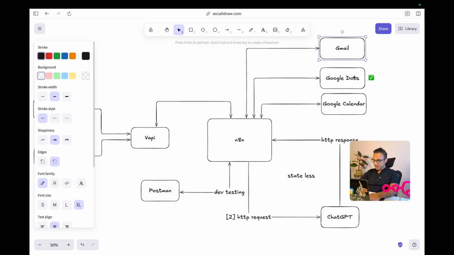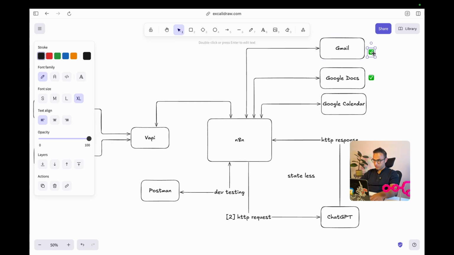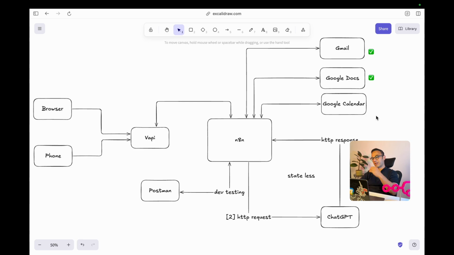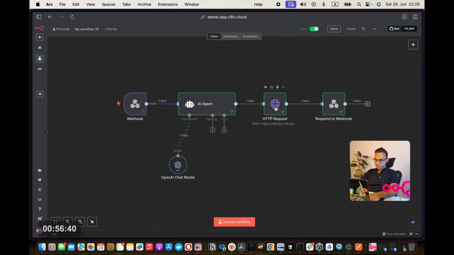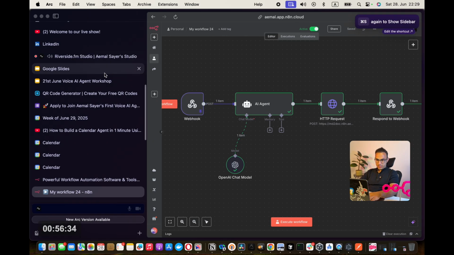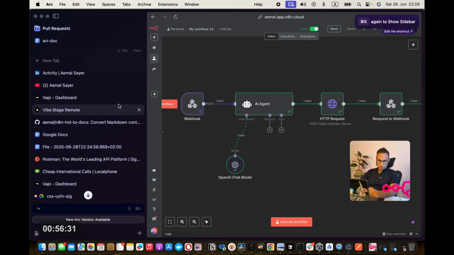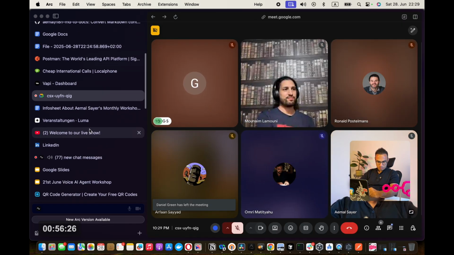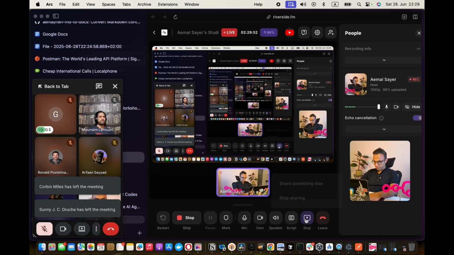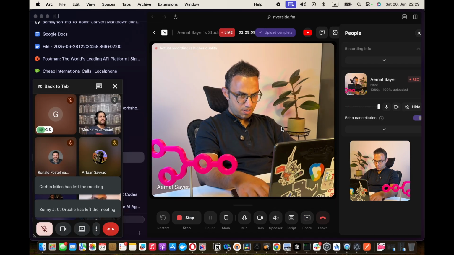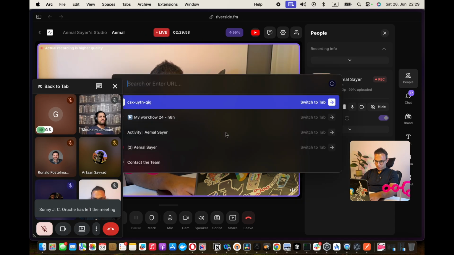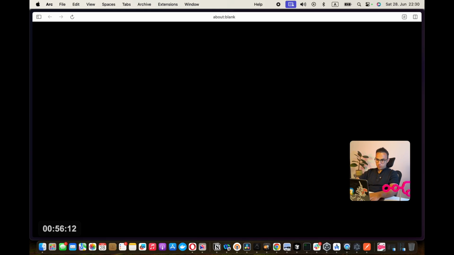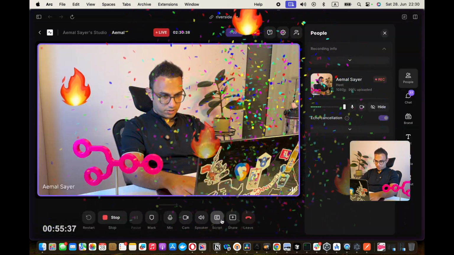Okay, so now let's take care of Gmail a little bit. We're gonna put the check mark there. Hopefully we're gonna put the check mark to Google Calendar. I just realized that I didn't clean up my Gmail. And since it's a live session, I don't want to show an important email to someone. I'm gonna quickly go and stop the screen sharing from Riverside. The screen recording can keep capturing it. I can do a post edit. So let's go back to full screen.